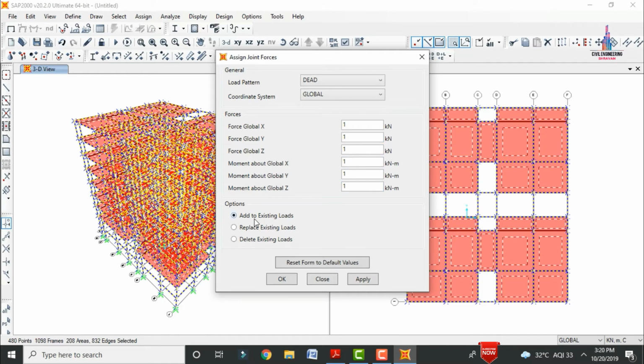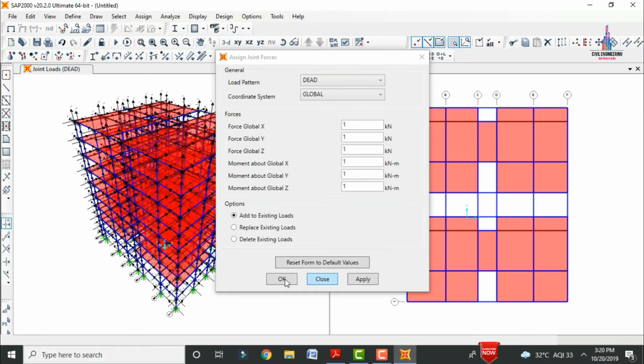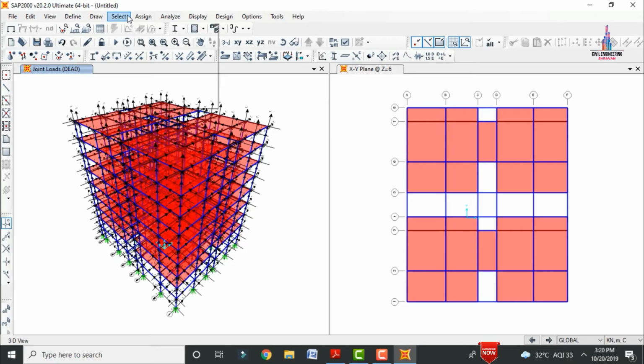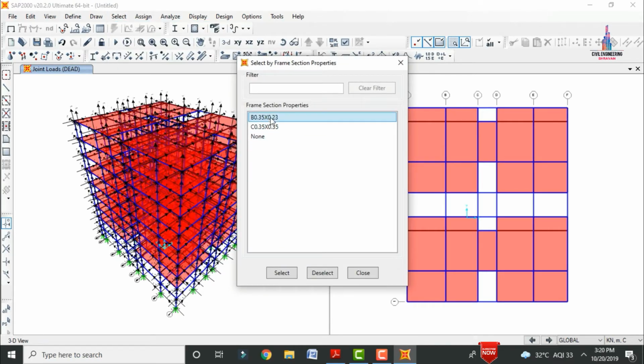Click on add to existing loading condition. Click on apply. So click on OK option. So after applying this respective load case, we have to apply the external wall load. So for that, firstly we have to select option property which is related to the frame sections which is of